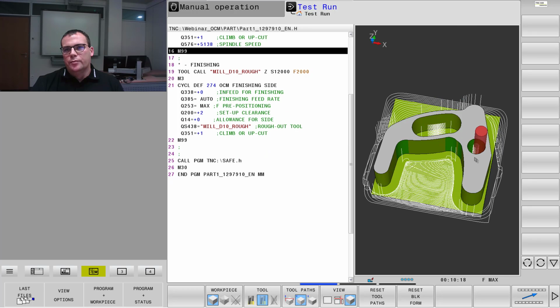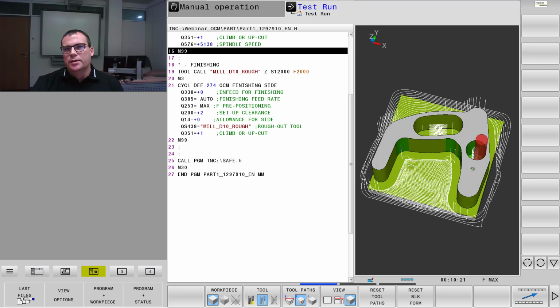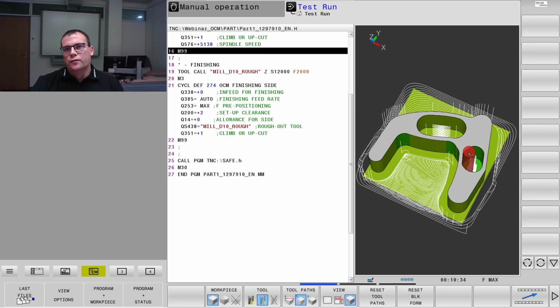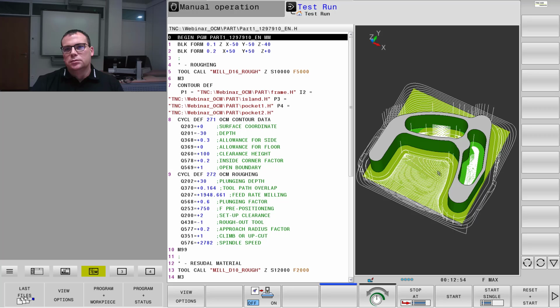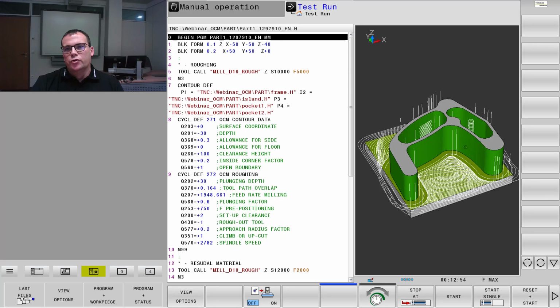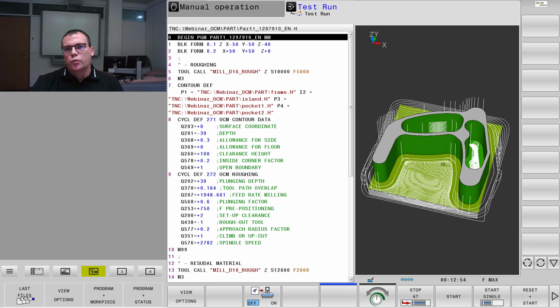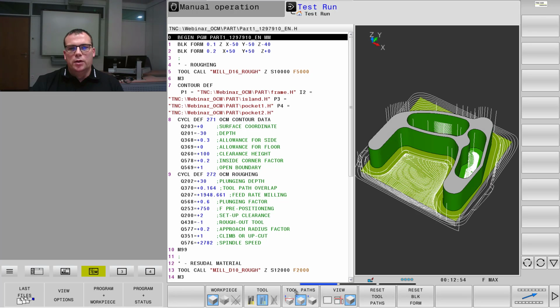So always imagine we are machining stainless steel. That's why the tool pass overlap takes a little bit more time, because the tool pass overlap is smaller, and the diameter 10 we have here now 30 millimeters deep, and with a small tool pass overlap we machine through the complete workpiece. Yeah, finishing also done. Then we have a good surface quality,